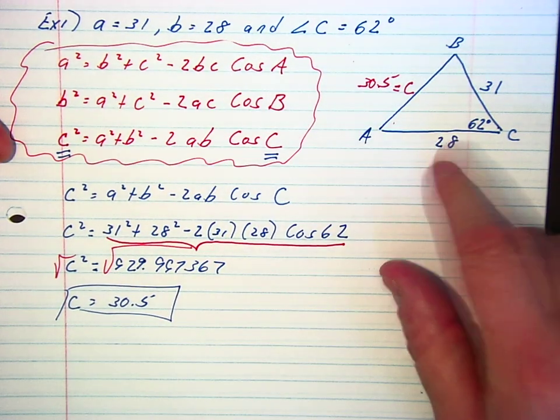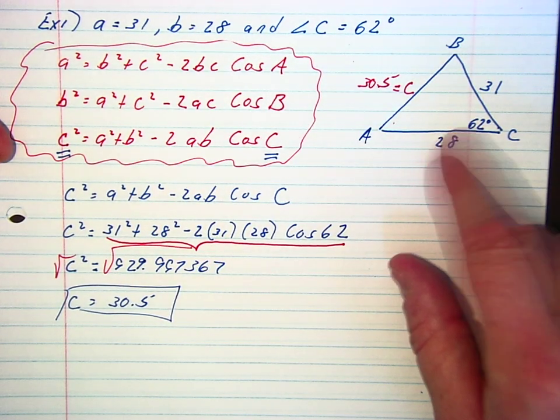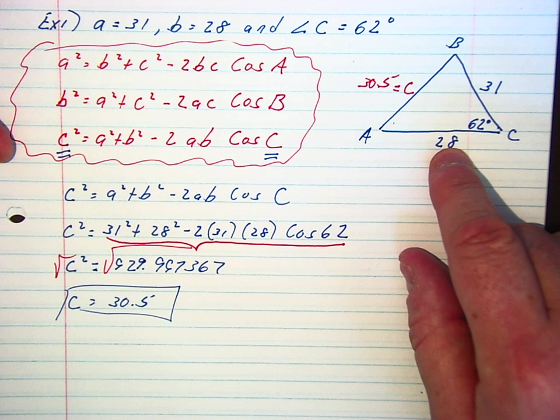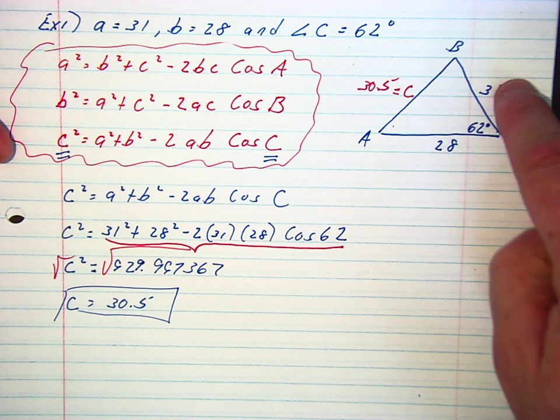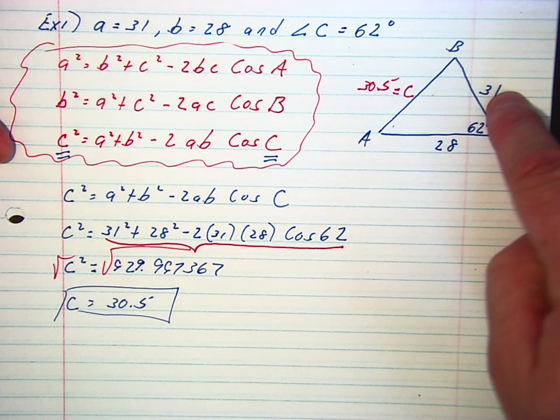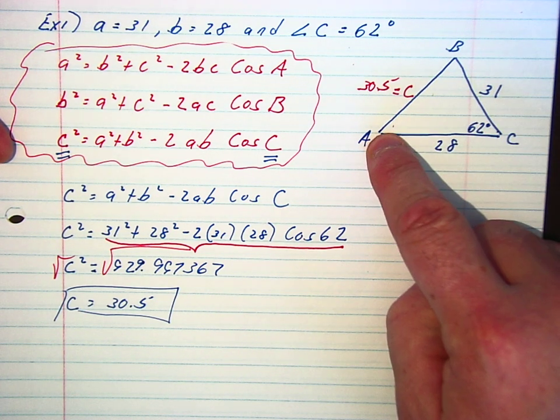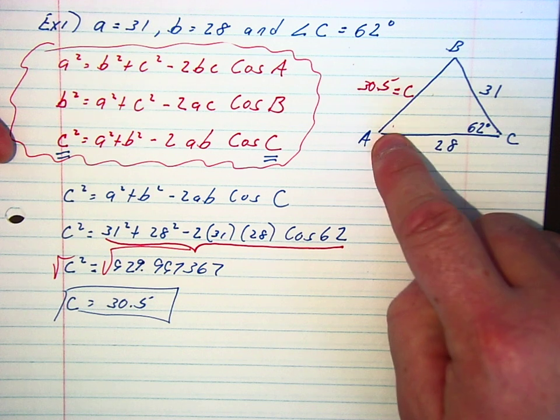But here's the problem. If I do the law of sines to find angle A, because angle A would be the biggest angle, if you look at your three sides, that's the biggest side, so that would be the biggest angle. If angle A were to be obtuse, and